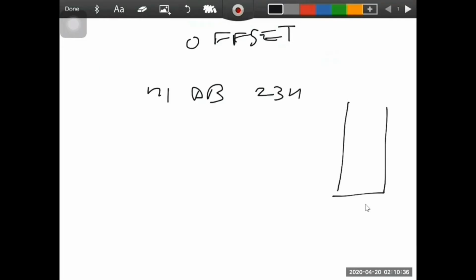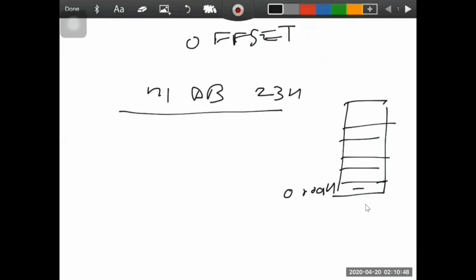Say this is our data segment started from 00H. What will this instruction do? It will allocate 1 byte to N1, and N1 will store the 23H. So for example, our directive has allocated 23 here.